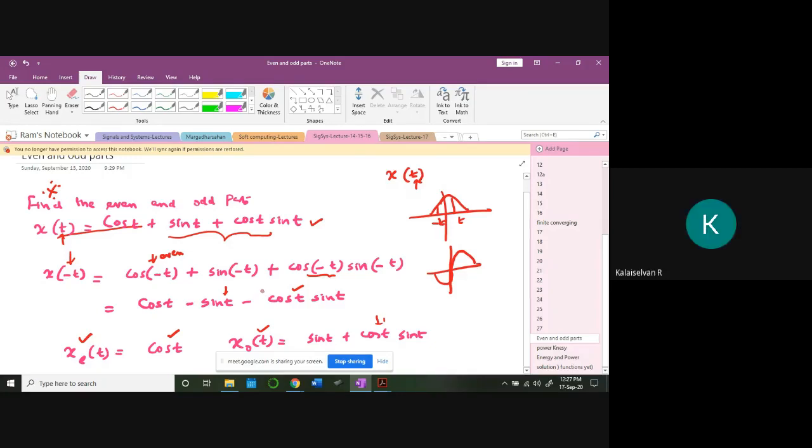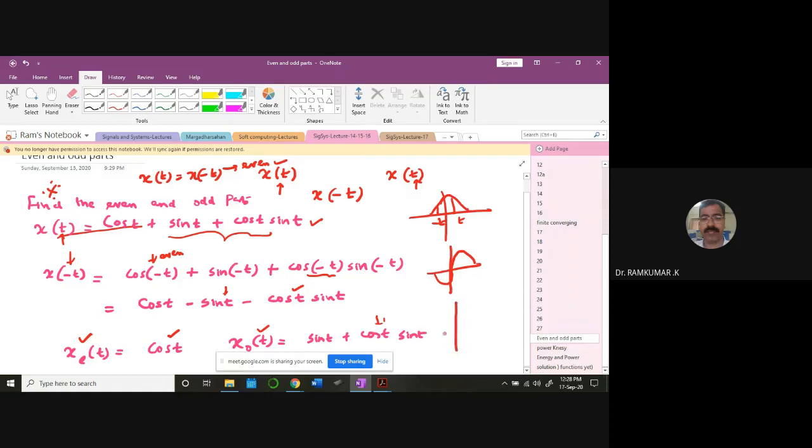How I am doing it? Sir, can I repeat? If there is negative, that is an odd function, sir. No, odd function you have to understand clearly. So for example, I have a signal x of t. If I time reverse the signal, I'm going to get x of minus t. If x of t is equal to x of minus t, then I call the signal as even. You understand? Are you getting the point?